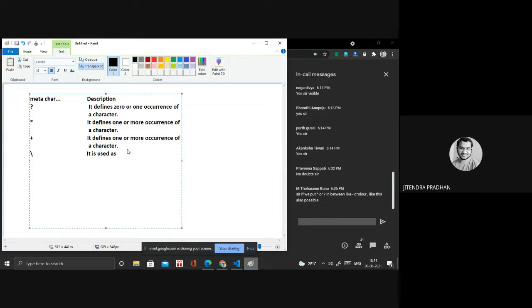If we put it between, like COLOUR, this is also possible. If you write C with an asterisk inside COLOUR, then when you enter double C or more than one C, it is allowed. If you write without C, meaning zero occurrence, then it is not allowed. Okay.